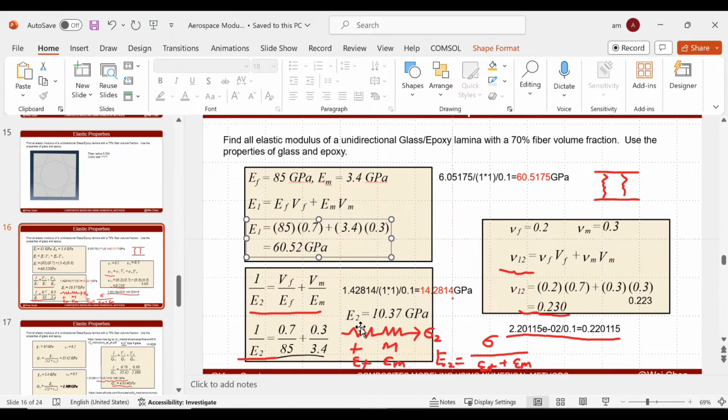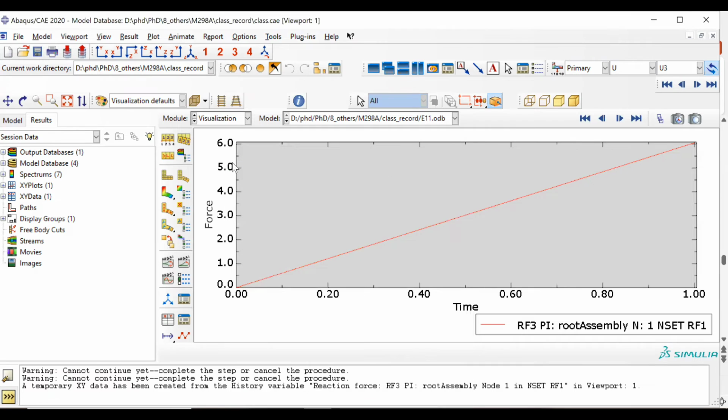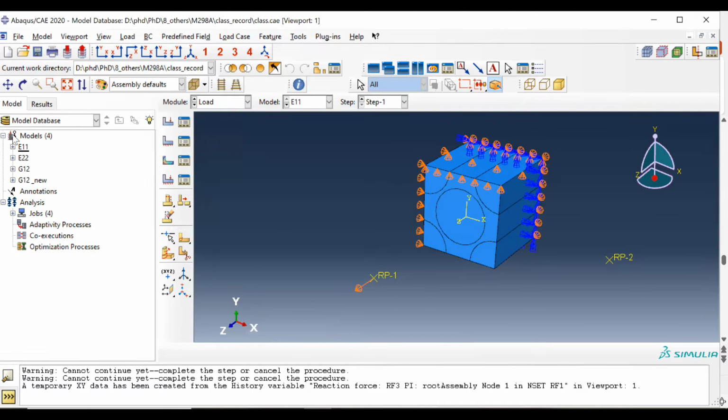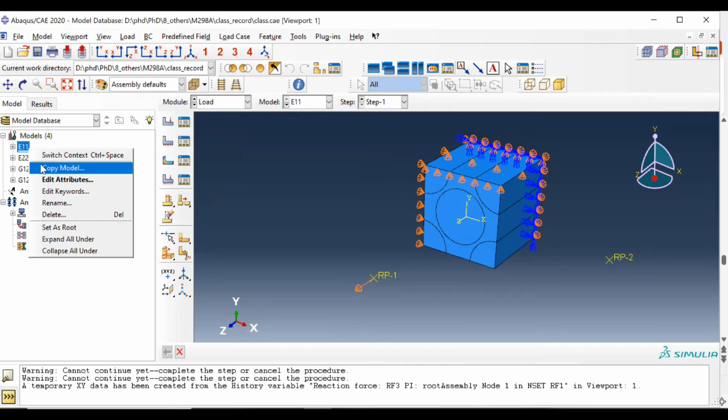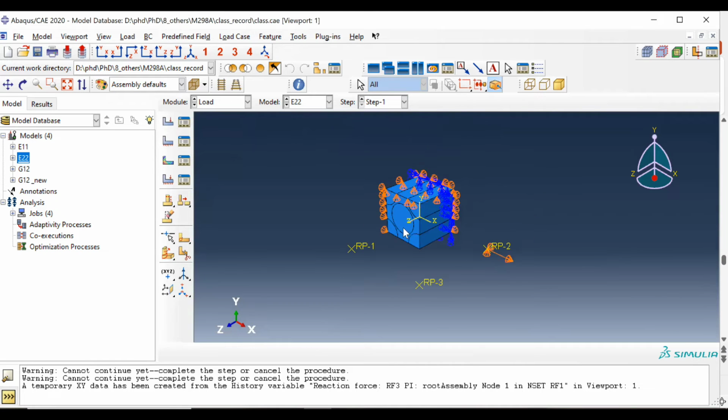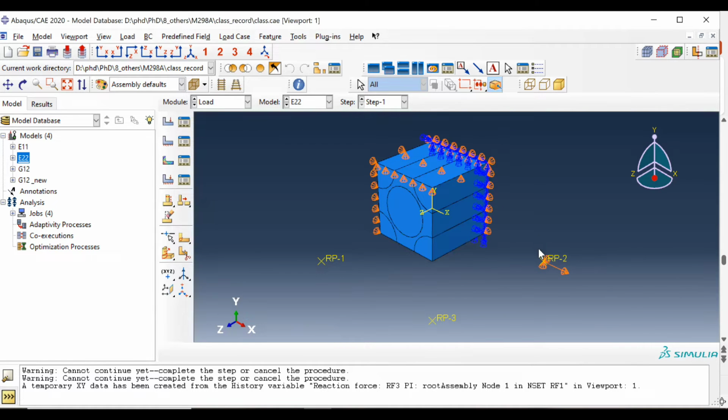Then next, we are going to calculate the E22, which means the force is in this x direction. As we already built the model, we just need to change a little bit. The easy way is we just copy the model, then rename it. Then as I already copied it, we directly go to the E22 model. See how I change it. For this case, we want to apply the load at reference 2 along the x direction. So for the boundary condition,